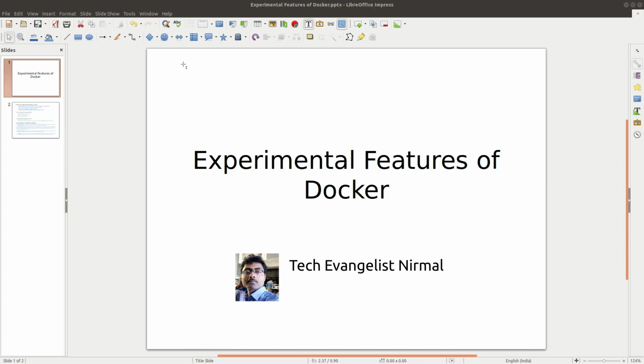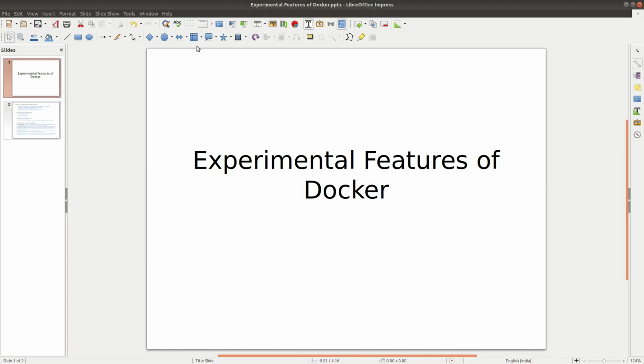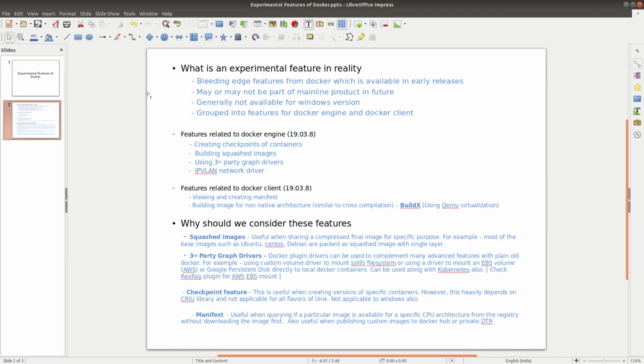So, what is the advantage of using this kind of experimental features? As you know, experimental means it's not there as part of the mainline product, right? There are teams working inside Docker who provide some cutting edge features just to compete with the market, which may not be